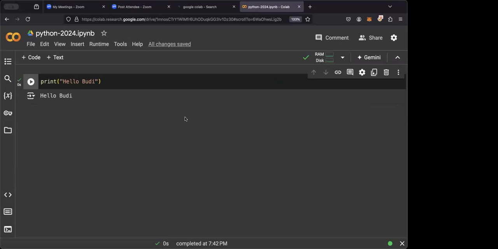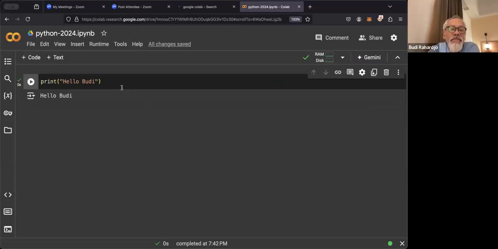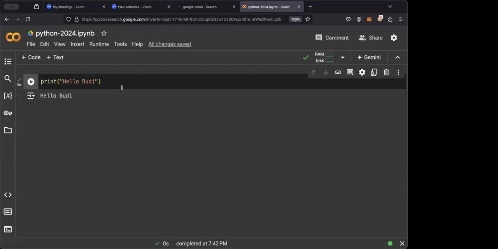Sir, while waiting, I want to ask, sir. When you write the print and hello world like that, in Excel we can just use tab for the next calculation.